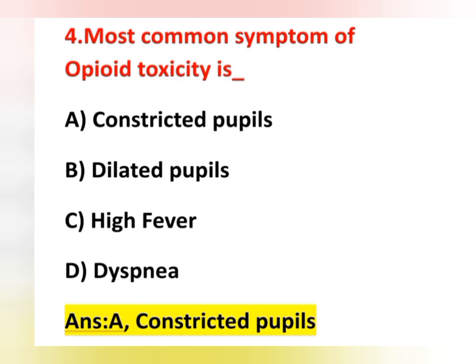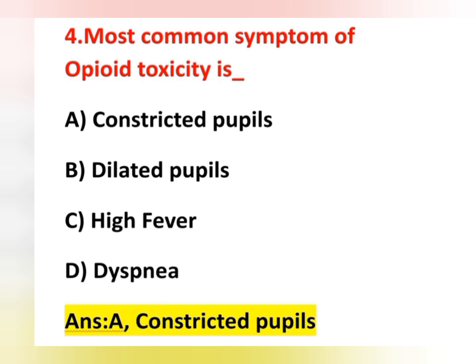How it affect the pupil means, when a person is taking opioid or if it get a toxicity, it will affect the central nervous system, especially parasympathetic nerve system. Okay, so it will affect the parasympathetic nerve system, and there is a constriction of the pupil occurs to the person. And also in case of this opioid poisoning, there is decreased blood pressure. It is an important point.